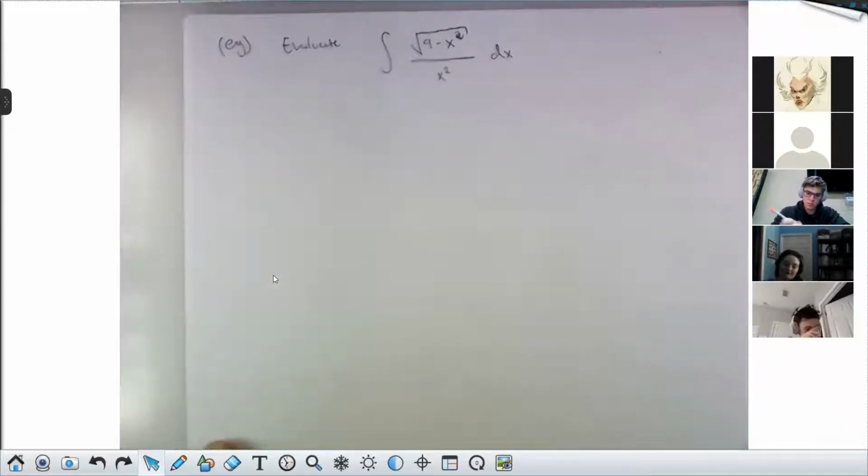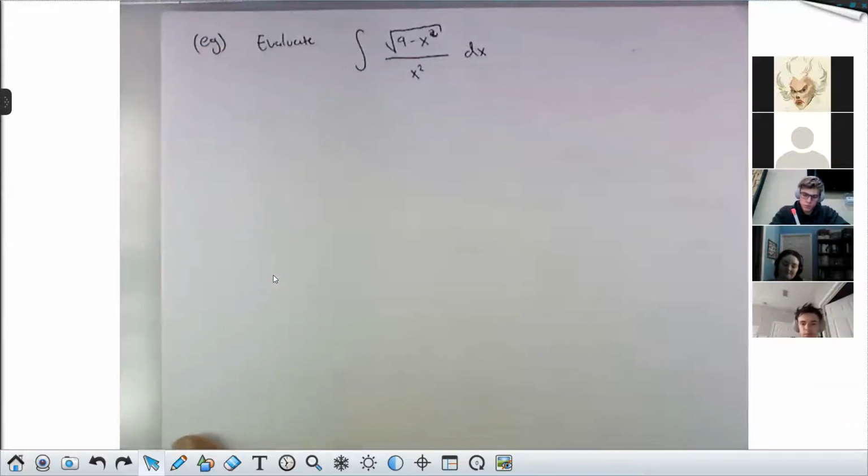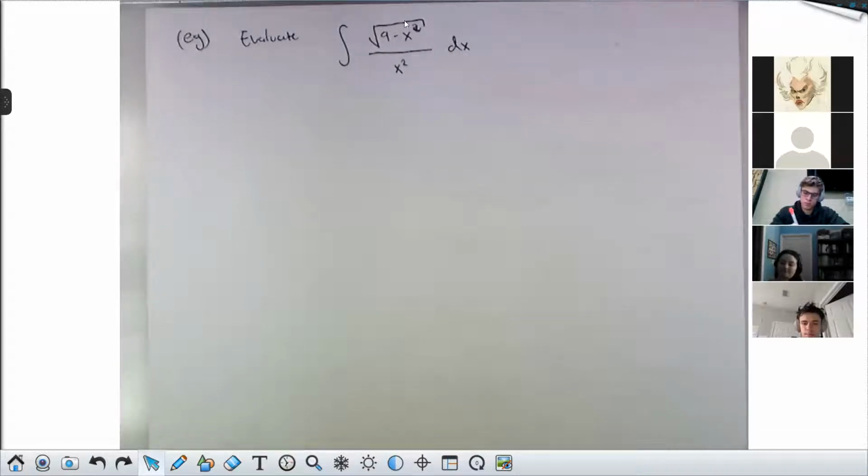So I do have one of these gnarly square roots in my problem, which means I'm going to do some trig sub. You need to match this up with the trig sub Bible and see which substitution you're going to make and what is the value of a. So this to me looks like a squared minus x squared, right? The a is a constant, so 9 is 3 squared. So this is the square root of 3 squared minus x squared, which means we're going to make a sine